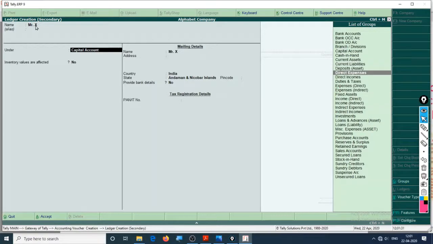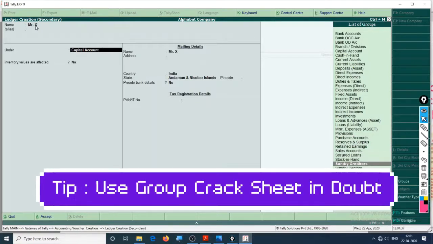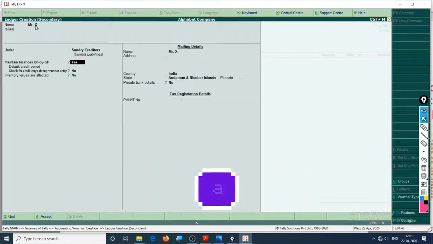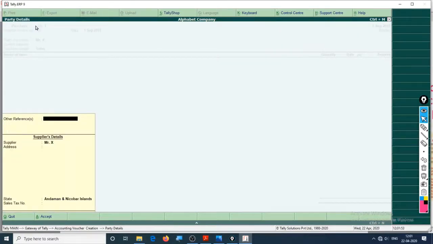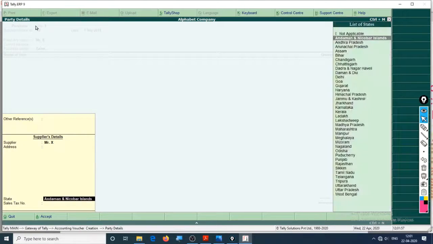As Mr. X is our supplier, and we have money due to him, we'll list the group as sundry creditors. Bill by bill, yes, bill by bill. Country of Mr. X. Okay, accept. The ledger is now created.